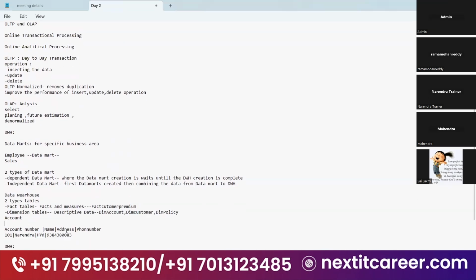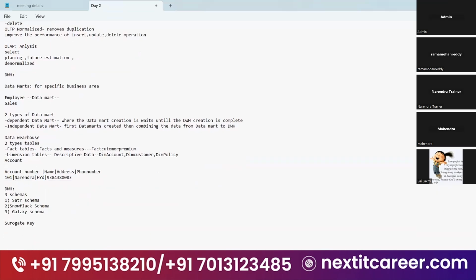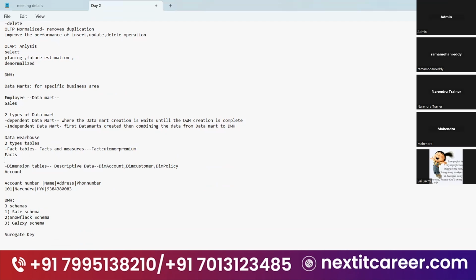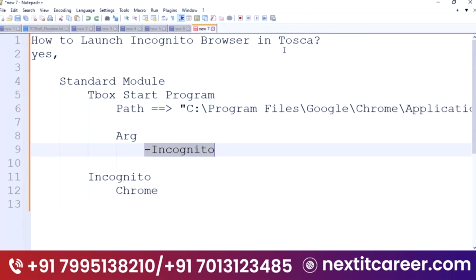So tomorrow we will see what the fact tables are. There will be different types of facts, and based on these facts we'll have different types of fact tables. Those things we will see tomorrow, for today's